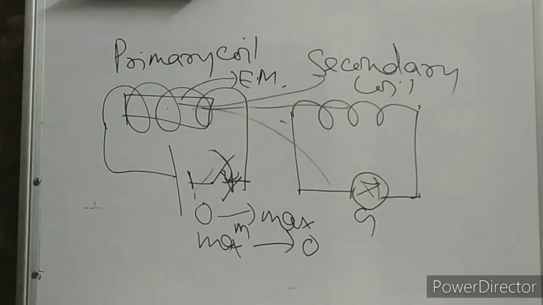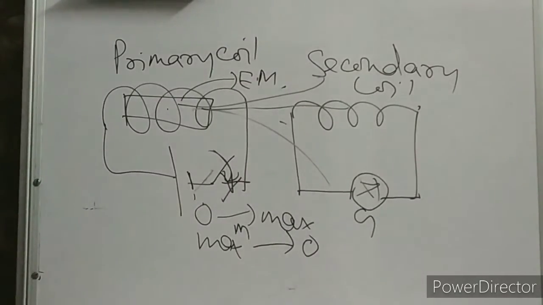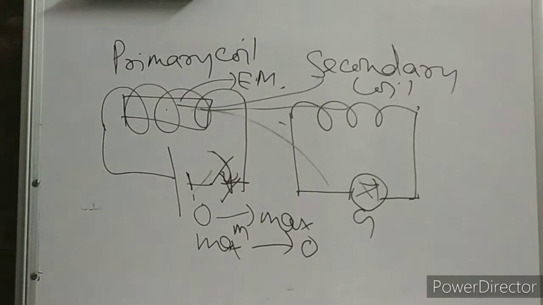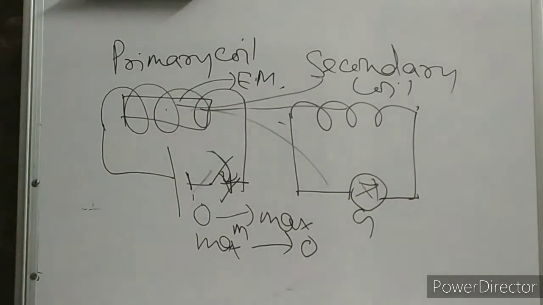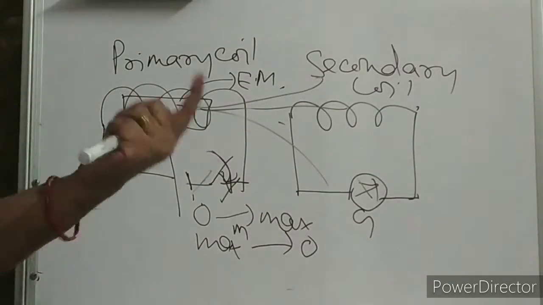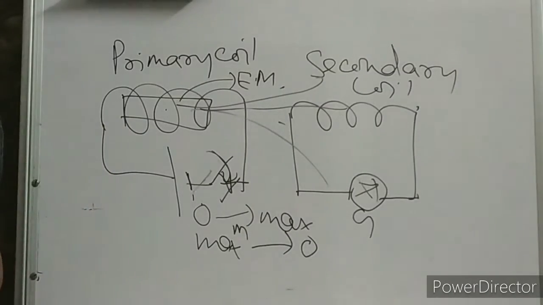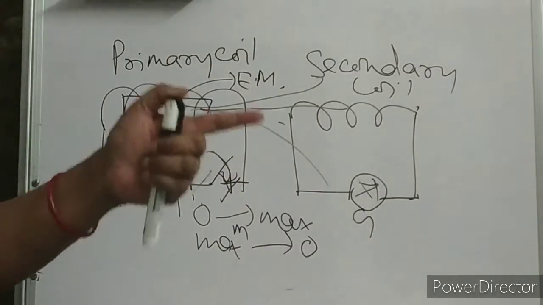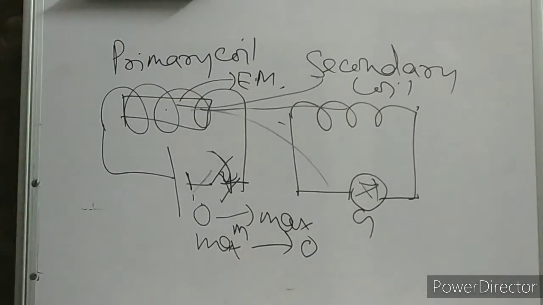Okay. So what is Faraday's law of electromagnetic induction, children? So two things we have observed. Whenever there is change in magnetic flux linked with the coil, electric current is induced. Okay, and we have seen that as long as this induced potential difference is there, because of the induced voltage only, we are getting induced currents. So as long as this induced voltage is there, there will be change in magnetic flux with the coil.